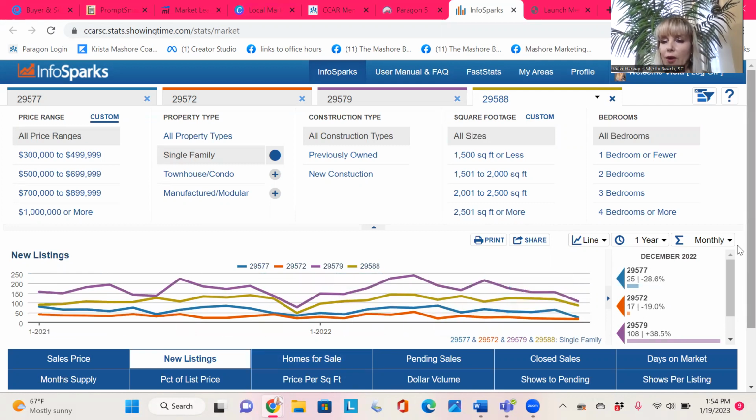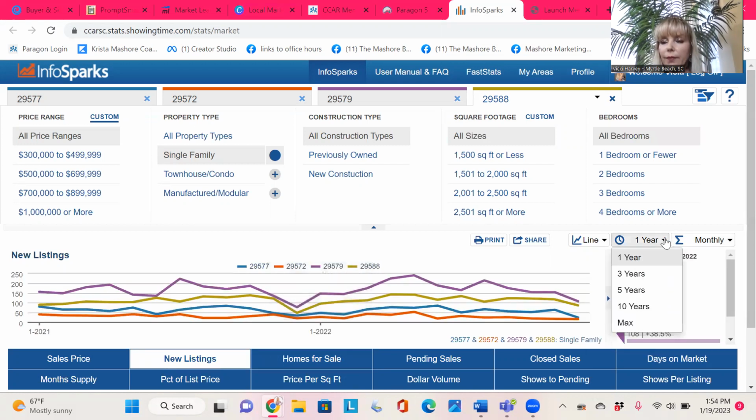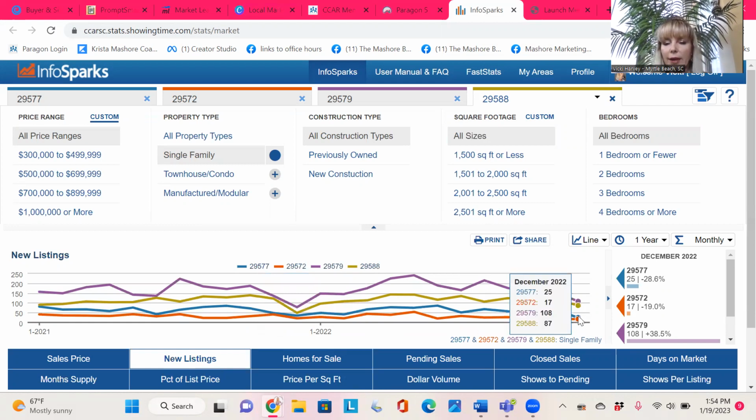I'm going to go back and forth just to show you. Let's just do monthly, and we'll go back just 1 year in monthly. So this is what it's going to tell us. New listings as of December 2022: 29577 had 25, 29572 had 17, 29579 had 108 new listings, and 29588 had 87. And compared to last year, December,